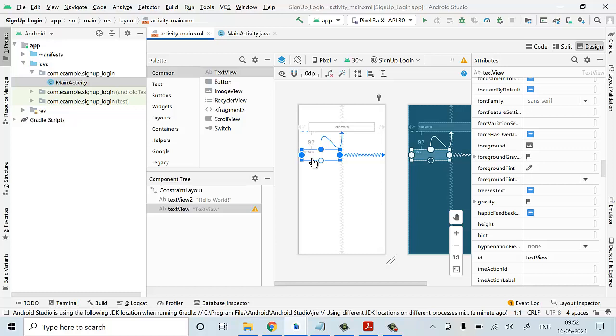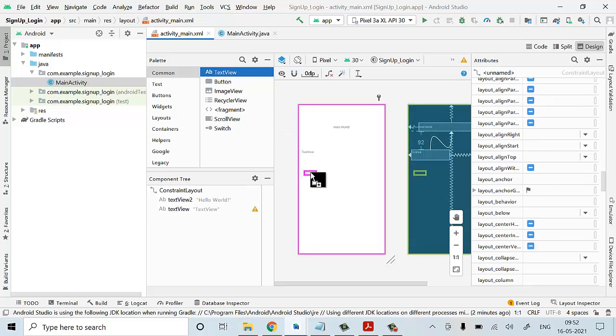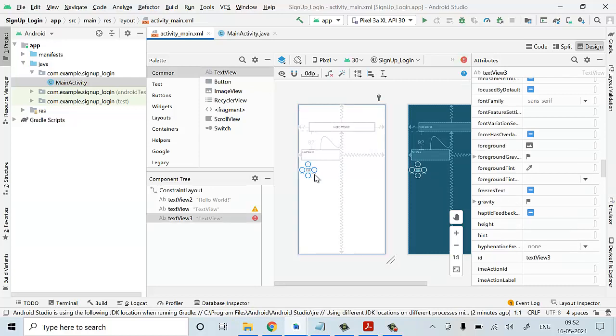Now I have adjusted one text view box. Now again I have to adjust another text view. One is for username, another one is for password. Just drag and drop it here. Now you have to adjust it. Now we have to set the position for this text view also. So place your cursor here and put it there. Now I'll adjust for the left, right, and down. Now I have adjusted to the down. Now I have done 2 text views, one for your username and another for your password.